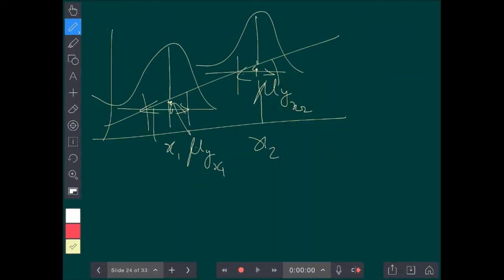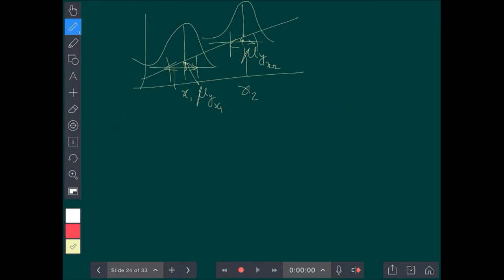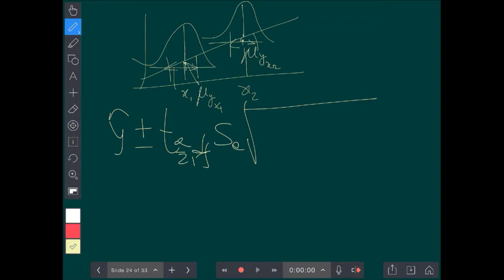So the confidence interval is given by, if we want a confidence interval for the mean value of y at a given x, it would be y hat plus or minus t alpha over 2 degrees of freedom times the standard deviation of the errors times this term right here, square root of 1 over n plus xg, the given value of x, minus x bar, the mean value of x, squared over SSX. So this is a 1 minus alpha times 100% confidence interval for the mean value of y